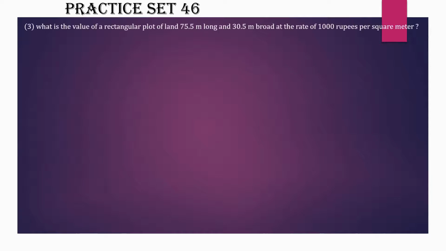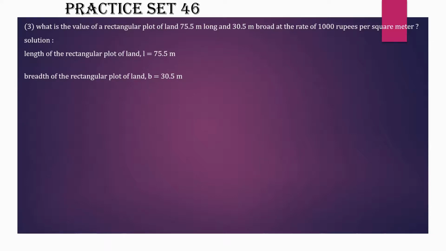What is the value of a rectangular plot of land of 75.5 meters long and 30.5 meters broad at the rate of 1000 rupees per square meter? Solution. Length of the rectangular plot of land L is given as 75.5 meter. Long means it is length given. Broad means it is breadth given. So breadth of the rectangular plot of land B is equal to 30.5 meter. Area of rectangular plot of land is equal to length into breadth, which is L into B, that is equal to 75.5 into 30.5, which is equal to